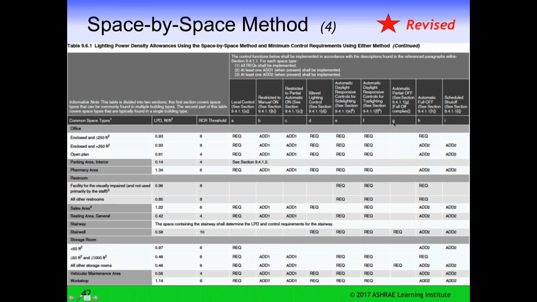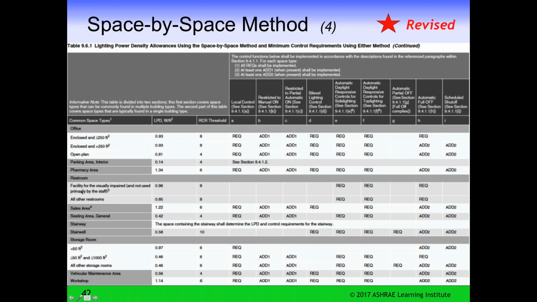For example, automatic partial off is not required, but automatic full off is required for small offices, or there's an option of full off or scheduled shut off. So you can do one of the two. You could do restricted manual on or restricted partial automatic on for the enclosed office larger than 250 square feet. So these vary by space type.